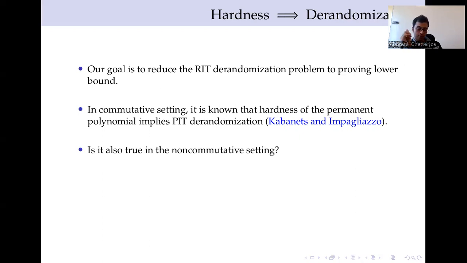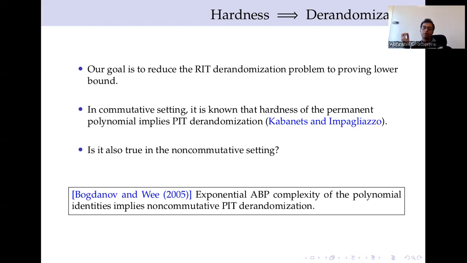What about the non-commutative setting? It turns out that there is a similar result in the non-commutative setting also, due to Bogdanov and Wee, who showed that, I mean, they don't point out any single polynomial, but if you consider any k-dimensional matrix algebra and the class of all polynomial identities of that k-dimensional matrix algebra, if the ABP complexity is exponential, 2 to the power k, for all the polynomial identities, then it implies de-randomization of non-commutative formulas and non-commutative ABPs. Okay, so